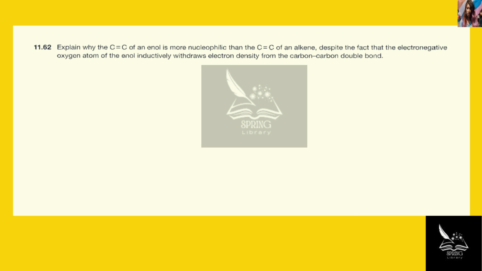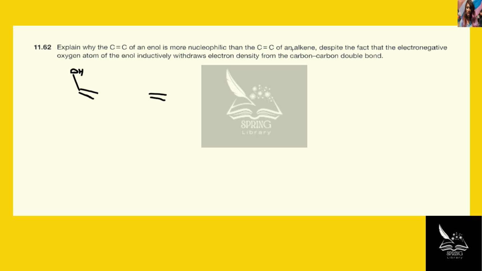Hello everyone, today we're doing chapter 11, problem 62, and this problem asks us to explain why the carbon-carbon alkene double bond of an enol, so let's draw an enol, so remember an enol is an alkene that's directly bonded to an alcohol. So why is this alkene double bond of an enol more nucleophilic than just an alkene double bond without any enolic alcohol,